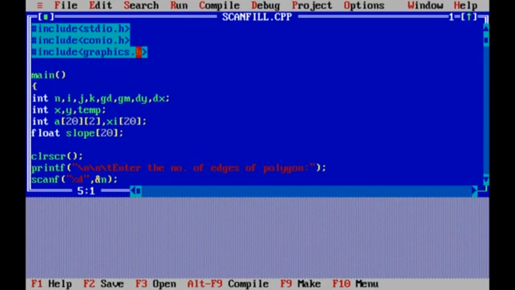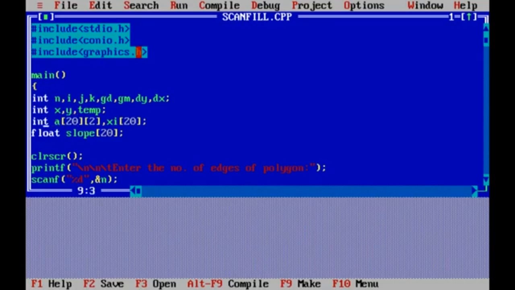Let's see how the variables are defined in this program. I'm starting with the main. In this main, I'm considering integer variables n, i, j, k. This is gd for graphics device, gm for graphics mode, dy and dx are my pointers.